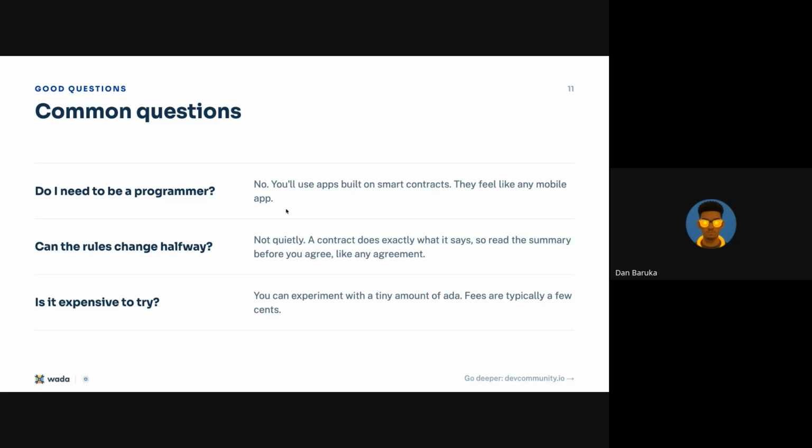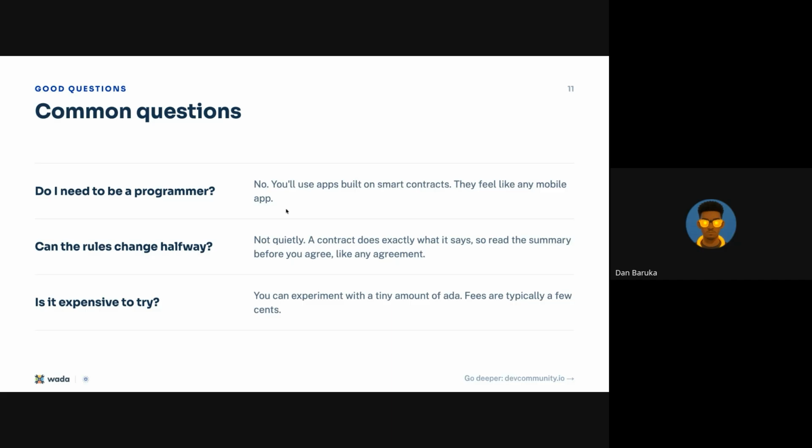For example, when an app is using the smart contract, the only thing you need to know about is the smart contract, because you are dealing with the smart contract. You are not dealing with the guy who built it. If you don't trust the smart contract, just drop it, because everything will be executed in the smart contract. So yeah, the first answer is really no.